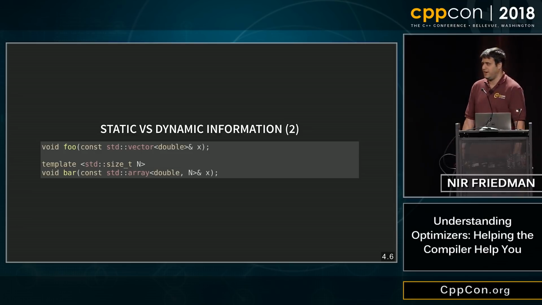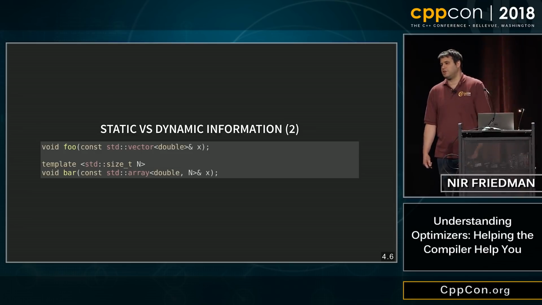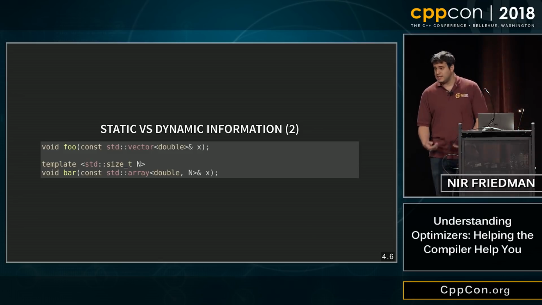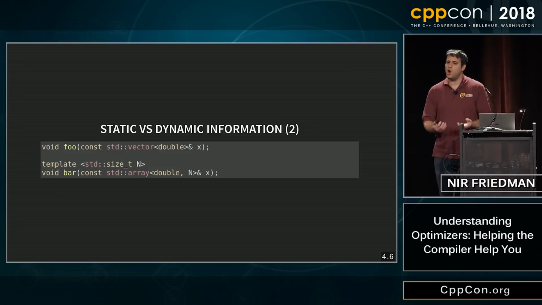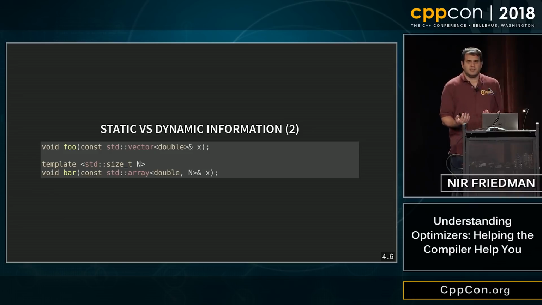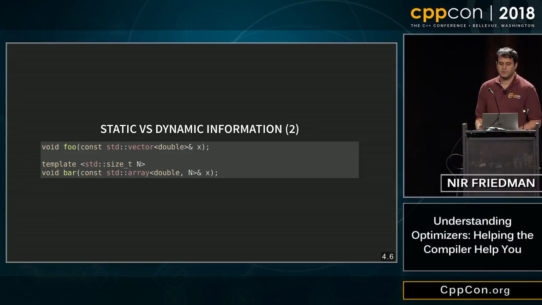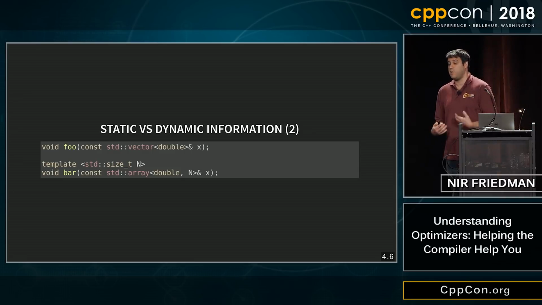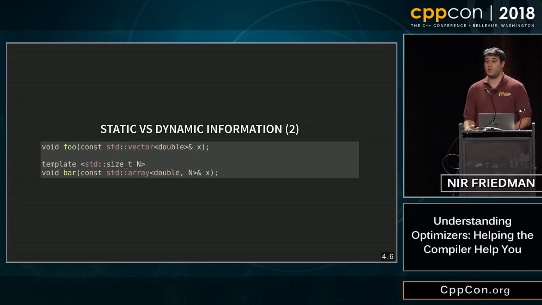That's dynamic. So like very, very simple illustration. You've got a foo that takes a vector, okay? With a vector, the size is a runtime value, right? So if you have a loop over a vector, it's not going to know, is the loop small, is the loop big? I mean, we want compilers to optimize these things, but think about it from the compiler's perspective, right? It has no idea, typically, if you're asking for a loop over 1 million elements or a loop over 2. It has no clue. So you can start to see the constraints of the compiler, which are difficult. And the second example, of course, we pass a std array. And the std array does have the size as part of the type, right? So the compiler will know.